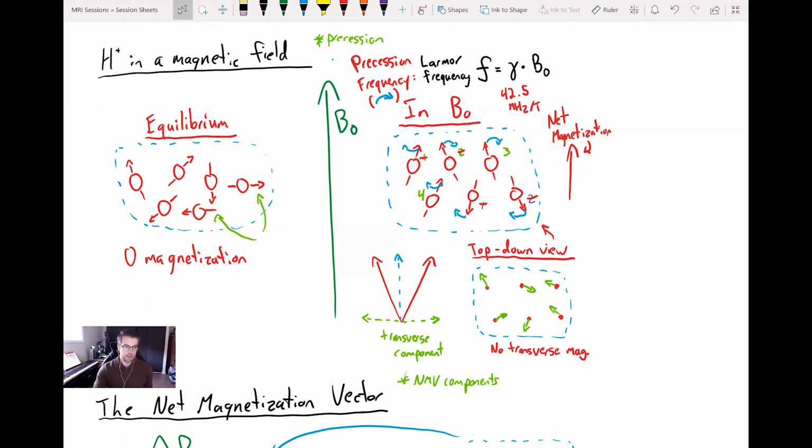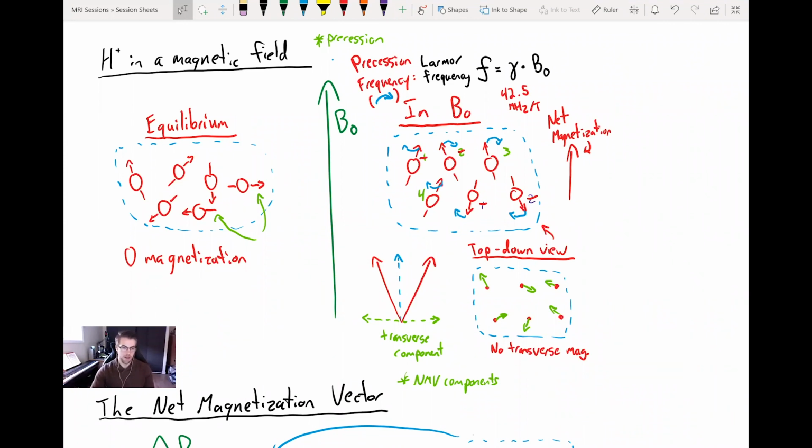Also, because these hydrogen atoms are not aligned perfectly with the B0 field, they precess around the B0 field, which is very important for us. If our hydrogen atoms were aligned perfectly with the B0 field, we actually couldn't see them at all. We couldn't interact with them. So it's pretty important for them to be aligned off axis. And as they're precessing at that Larmor frequency, which we talked about, the gyromagnetic ratio times the field strength, we know how fast they're precessing, and that allows us to interact with them using excitation or tipping that net magnetization